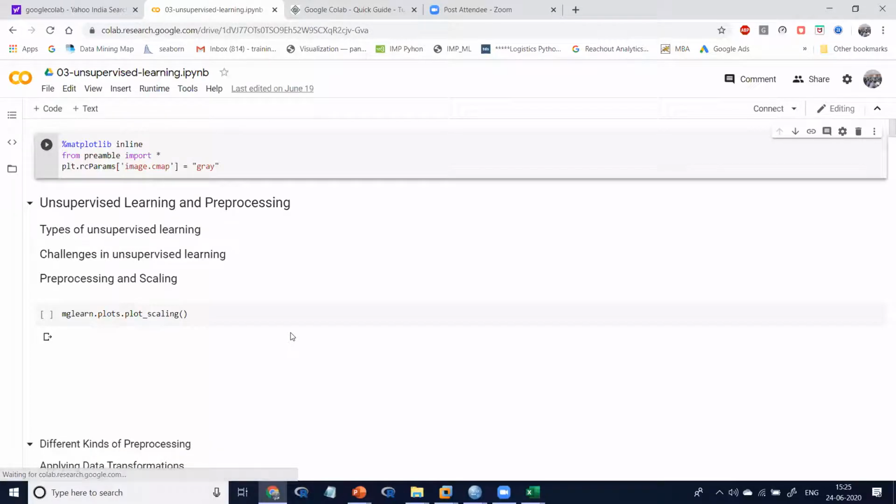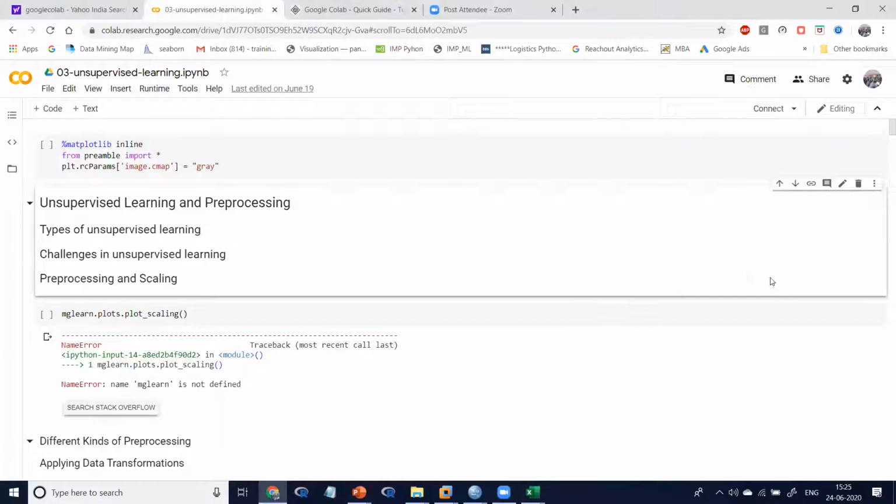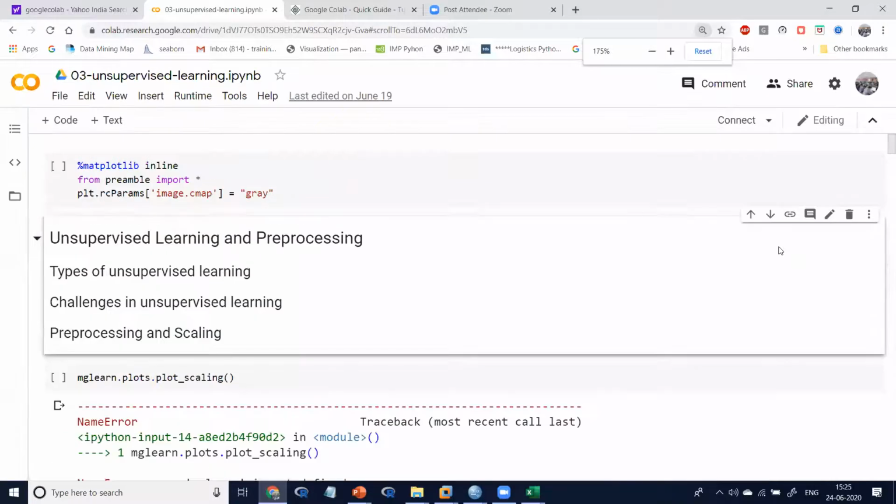I'm going to show unsupervised learning data. The standardization is reducing the variance. Zoom my screen.